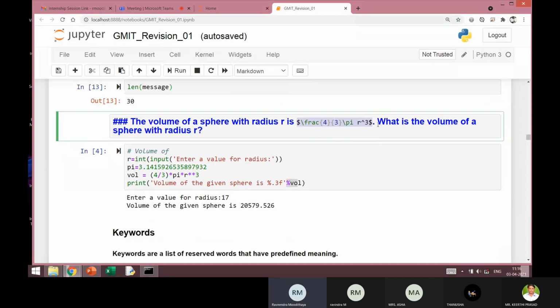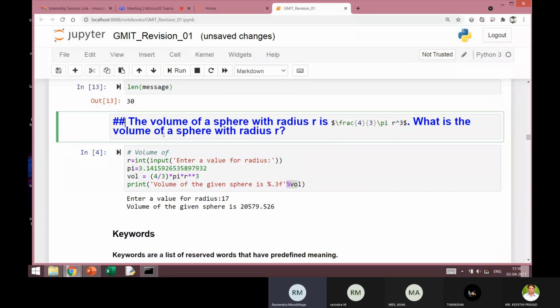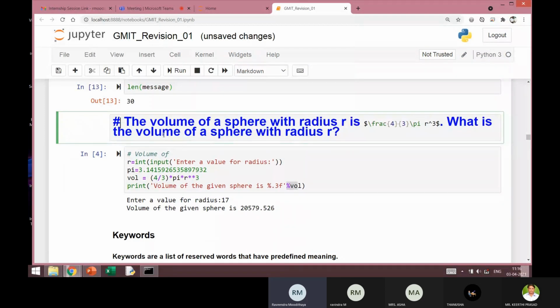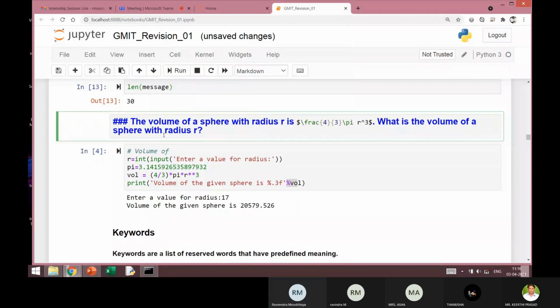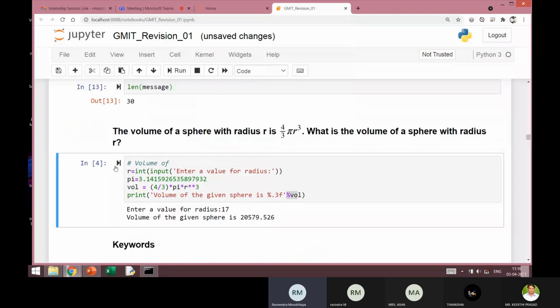You can use the LaTeX syntax to write the formula, and because of this triple hash here, the text written will look bold. I can control the size of this. For example, if I reduce this to 2 hash, the size will increase. If I reduce it to 1 further, the size will increase even further. And after typing this, just press enter. So you can see that there's a beautiful line here, an attractive looking line, which helps you to document your page.